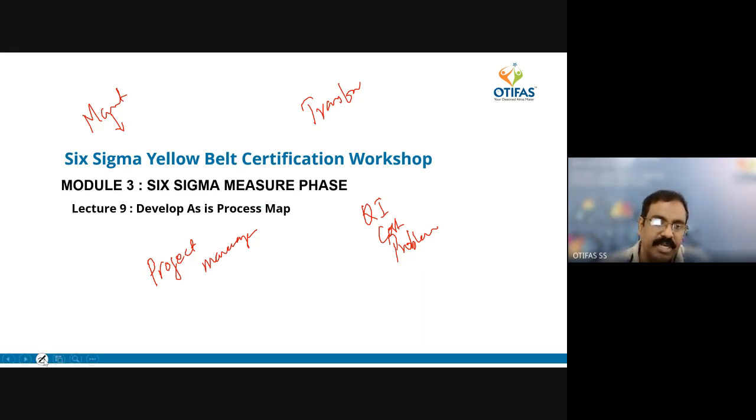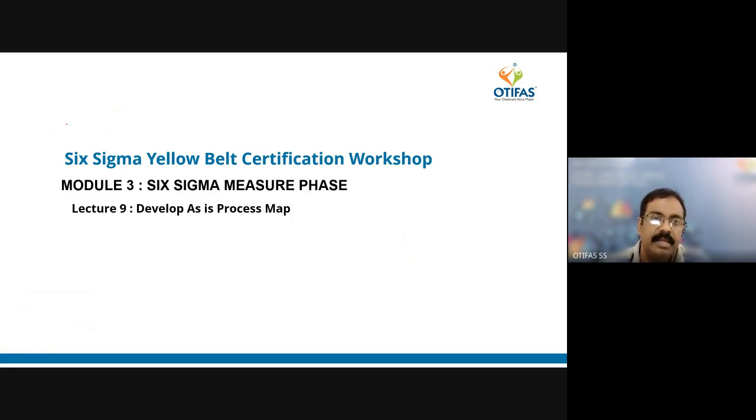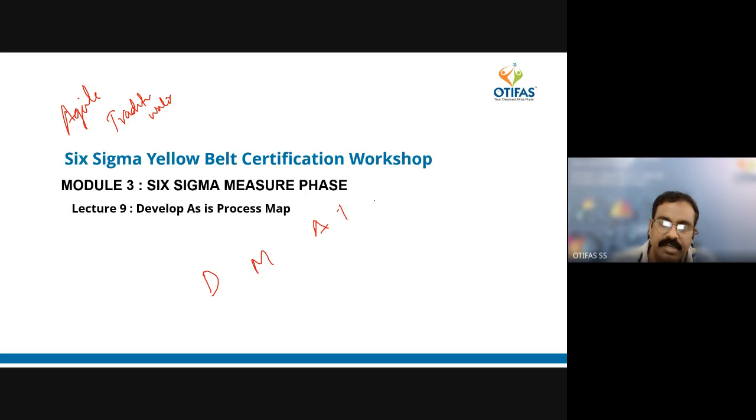Now Six Sigma projects are done through a project life cycle. There are many life cycles: the agile life cycle, and the traditional one, or we call it waterfall. Everything has different phases of doing a project. Similarly, Six Sigma projects are done in the DMAIC phases. Define is all about identifying a problem, selecting a problem, then properly defining it, and once define is over, we go to the measure phase.